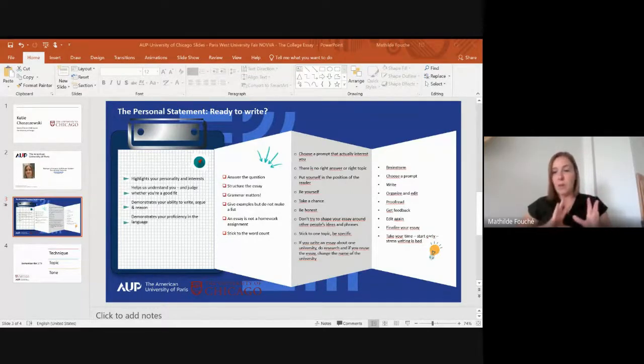So I hope that was helpful. That was about the main essay, which is usually the bigger one and the one that is kind of difficult for students to grasp what to write about. And the question that I get a lot is, I don't know what to write about. I think all of the topics that I want to write about are not interesting. I say, if you like it, you can make anything interesting.